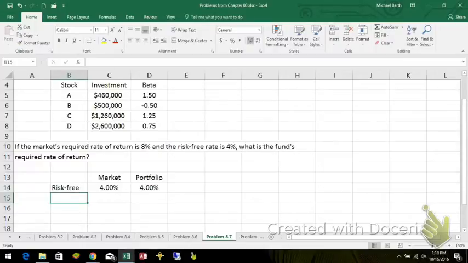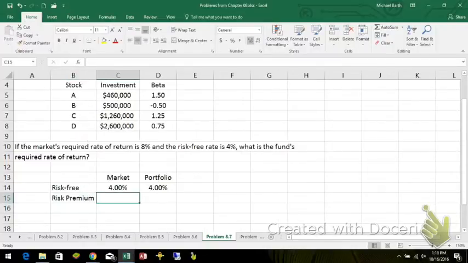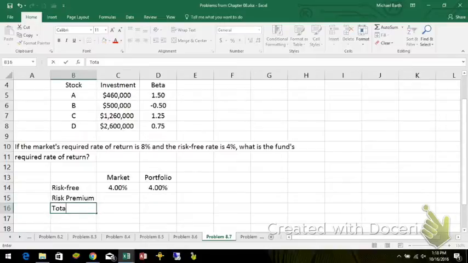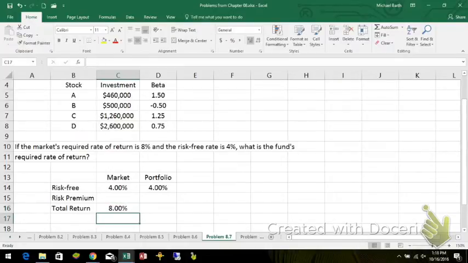The risk premium: the market's required rate of return, so the total return for the entire stock market is 8%. That must mean that its risk premium makes up the other 4%. So the risk-free rate's 4, the risk premium is 4, and that gives you the total return for the market